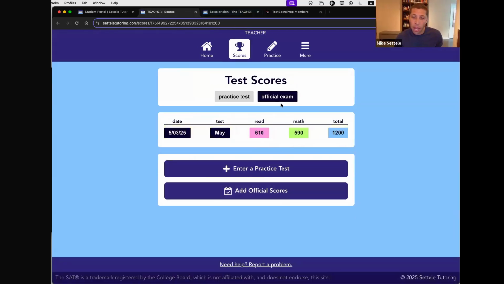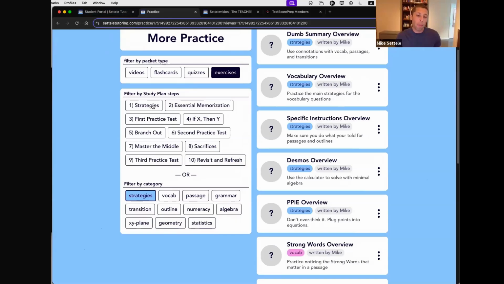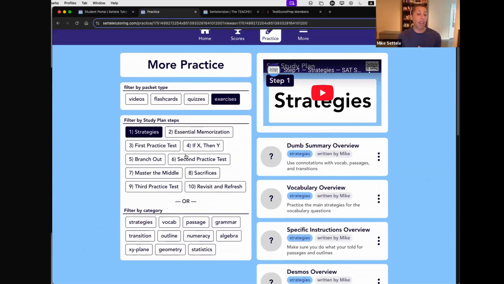If you have questions about that page, let me know, but that should be pretty straightforward. And the main page is going to be this practice one. This is where a lot of good stuff happens. And there's going to be basically all these different exercises and things like that. So these tabs right here coincide with our classes. There you can see there's 10 steps in this study plan. There are also 8 classes, so we are going to double up when we get to some of the practice tests. But this is probably the easiest way to organize your practice.